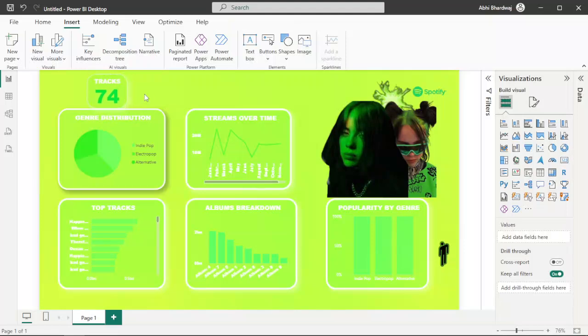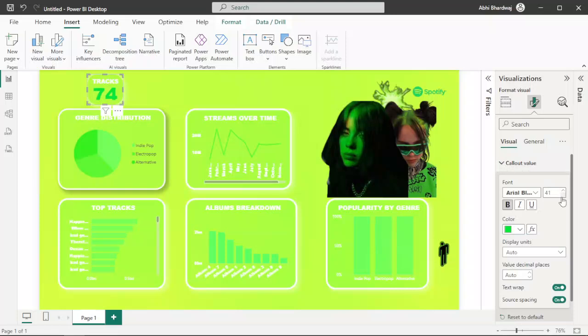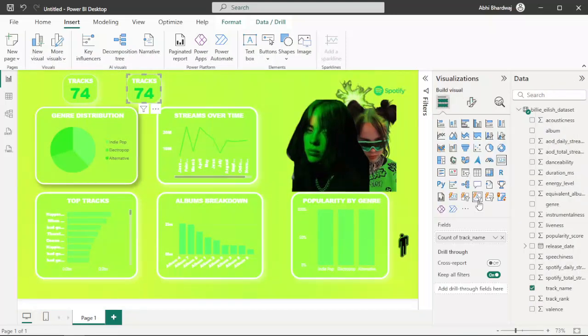Yeah, okay. So similarly, we're gonna have other KPI cards also. Let's decrease the font size. It's okay now. Now I'm gonna have, let's show the data. I'm gonna have